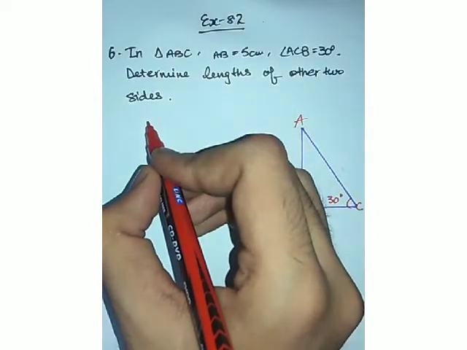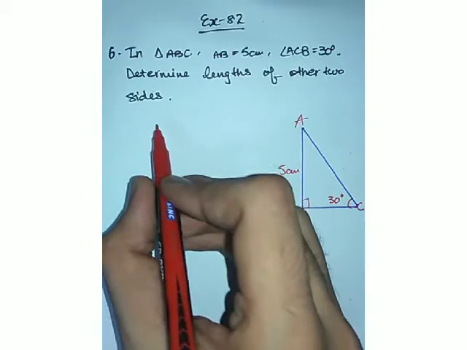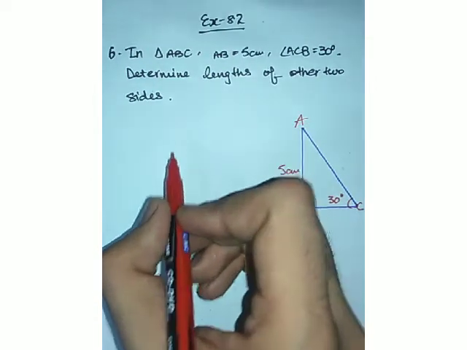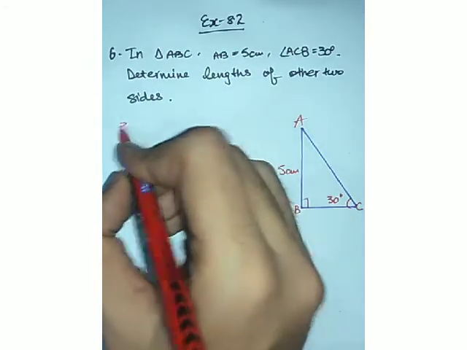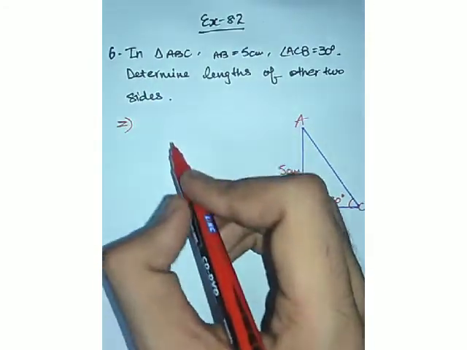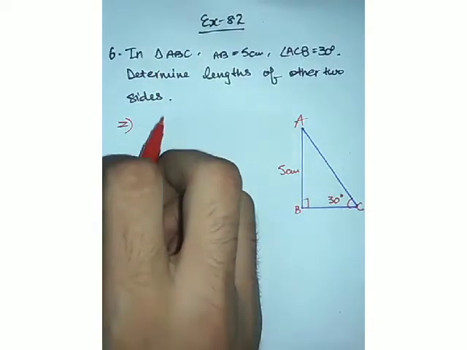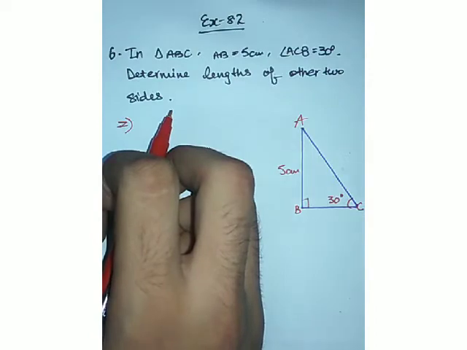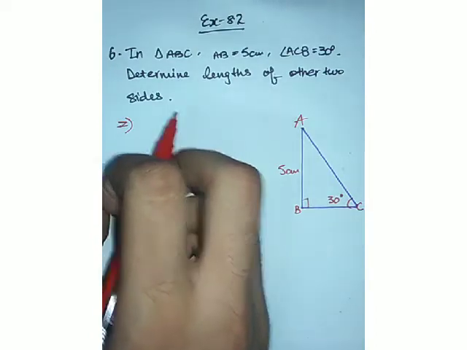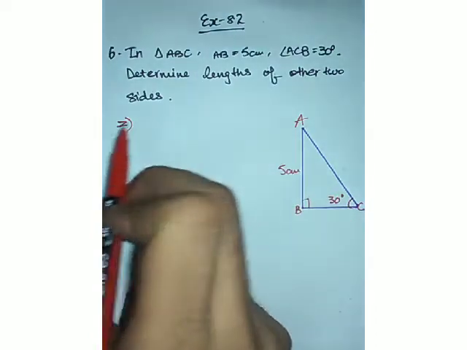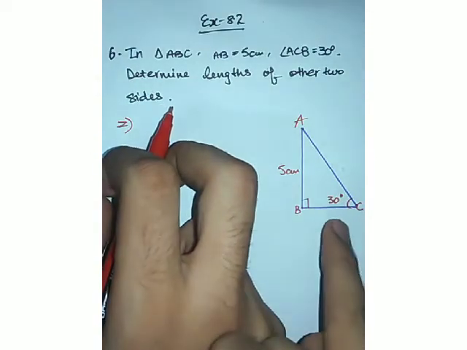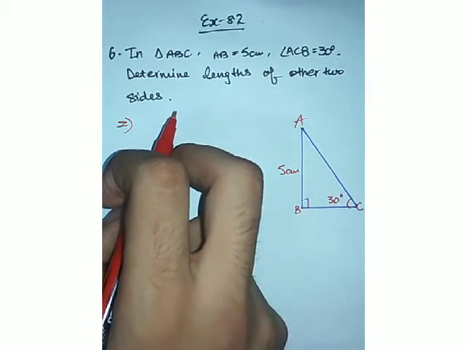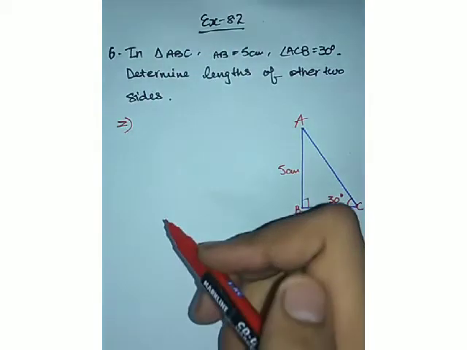So now we could have used Pythagoras theorem, but Pythagoras theorem requires two known sides. So in this only one side is known. So that's why we are going to use the concept of trigonometric functions. Now only the perpendicular is given, as you can see, and base and hypotenuse are not given. Now the thing here is that you have to choose that trigonometric ratio which includes perpendicular and one unknown side, and then again perpendicular and one unknown side. So it means we are going to choose two trigonometric functions.